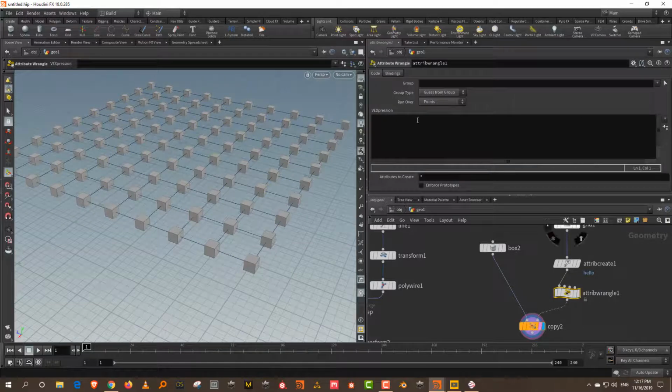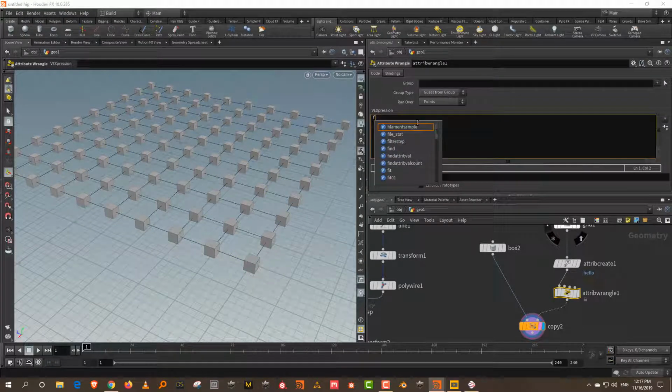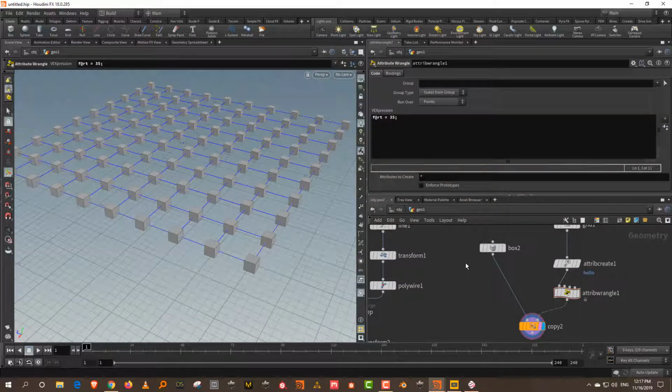So I can take this and I can just say f@RT, whatever you want to call it. And let's say this is a value of 35 degrees. And then since you're typing in code, if you've never typed code, it always has to end with a semicolon. No matter what you do, your line always has to end with a semicolon. And then you click outside.